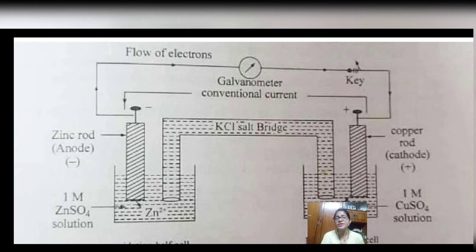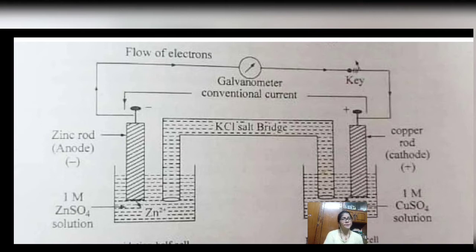Now a galvanometer is a device which has a pointer and which, by deflecting its pointer, shows the direction of current flow. Now when we talk about the galvanic cell, we have to remember the thumb rule of the working principle of the galvanic cell. That is, we have to remember the word LOAN, L-O-A-N. L stands for left, O stands for oxidation, A stands for anode, and N signifies negative.